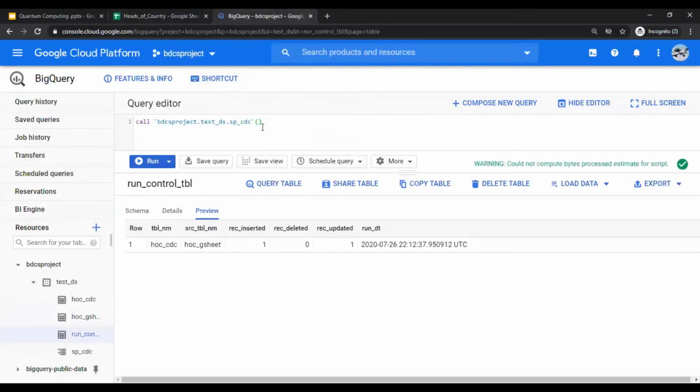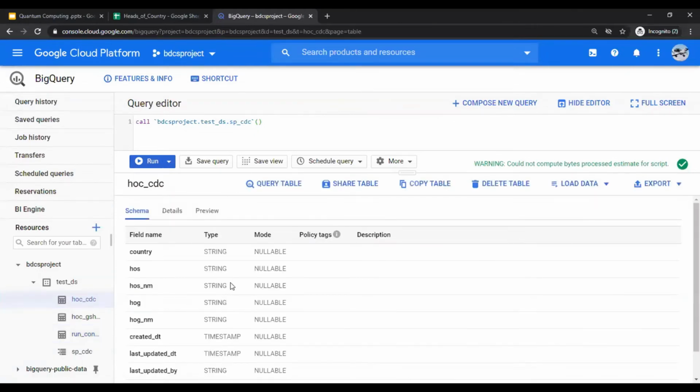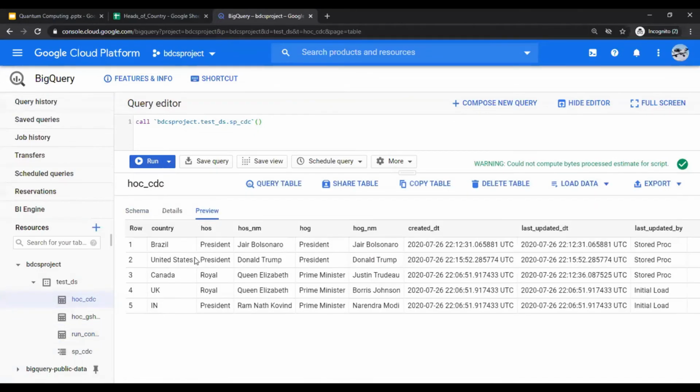So I'm going to call the stored procedure one more time. It's going to take some time to run. I'm going to pause the video. So the procedure has run successfully. Going to HOC CDC, the target table, you would see United States now. China has been removed, and